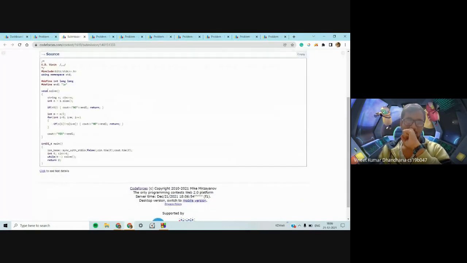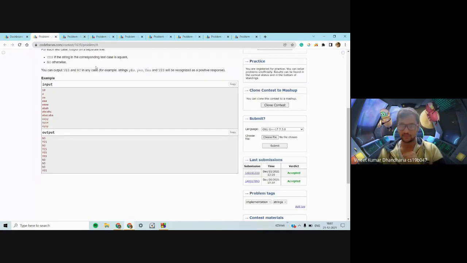Okay. So you take up the string, you find its length. If it's odd, you know that it's not going to be a square, so you print out no and you return. Else you find half of it, m, and for all the characters i less than m, you check if they are equal to the character at i plus m. If they are not equal, you print no and you return. And if all the characters are the same, then only yes would be printed. So that's the simple solution for A.